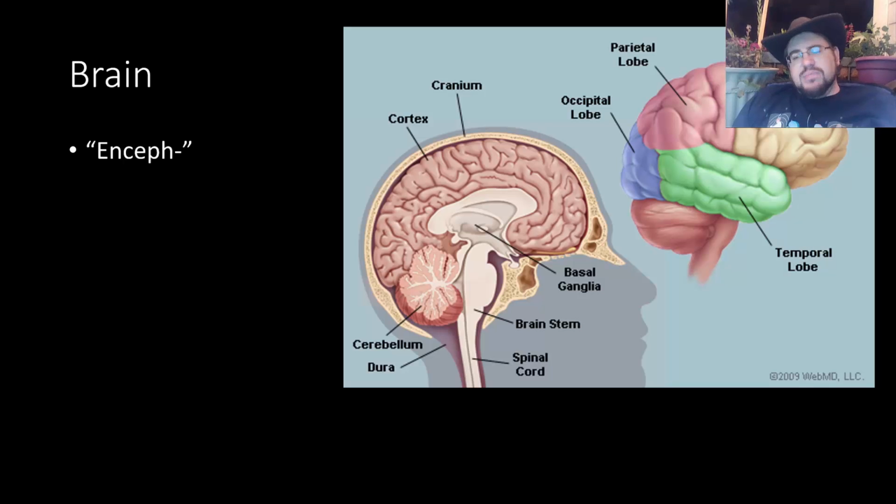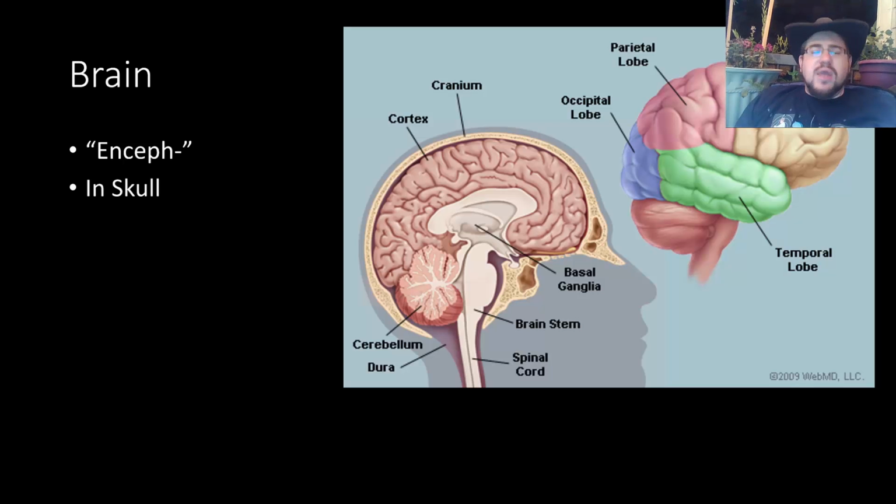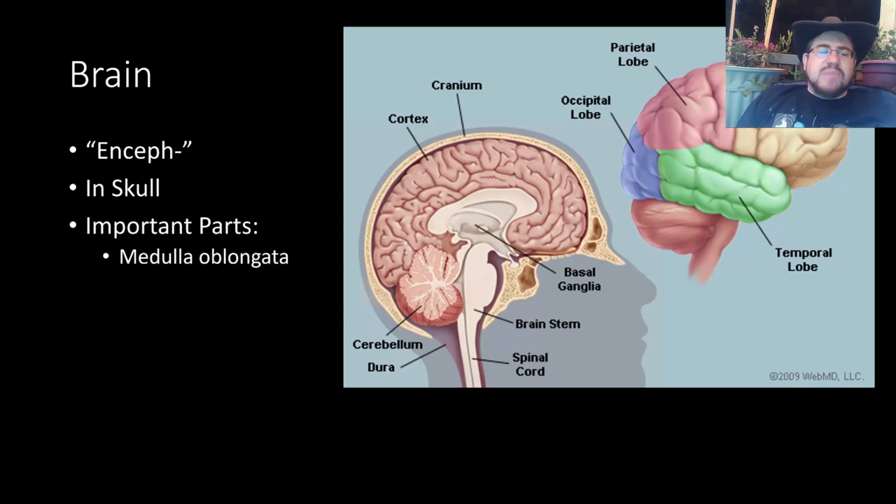Enceph is the prefix we'll use whenever we refer to something related to the brain. Encephalitis would be inflammation of brain tissue. The brain is located, amazingly enough, inside your skull. There's some basic important parts. We have the medulla oblongata. Medulla oblongata is considered the very base of the brain, the bottom of the brain, where it connects up to